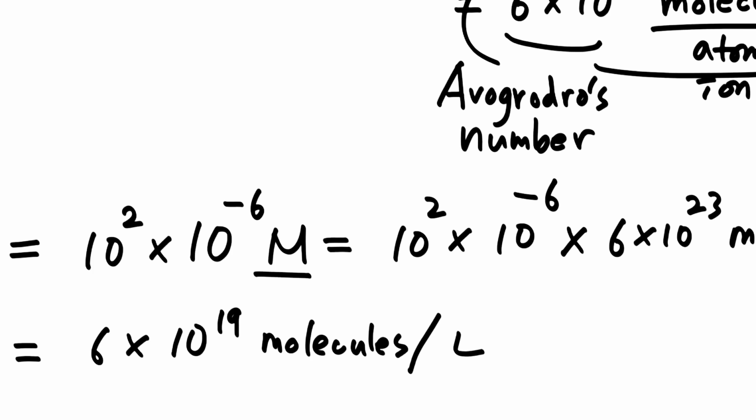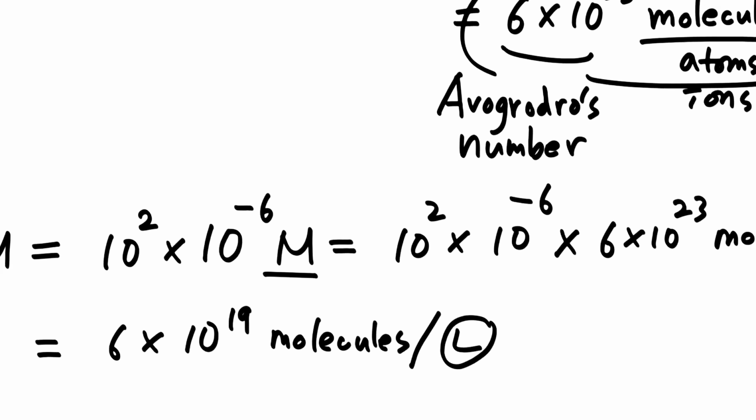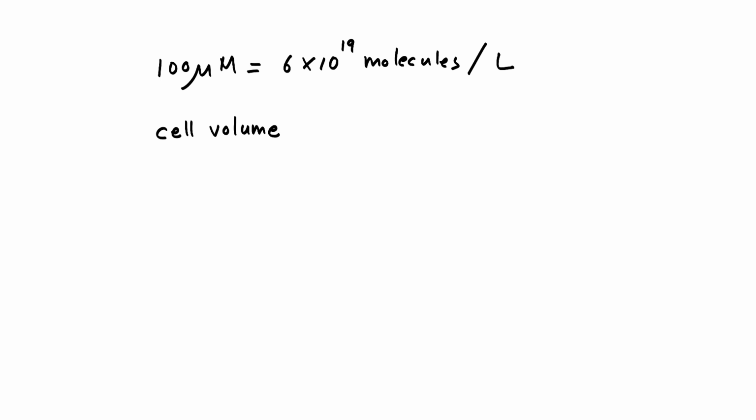But we are interested in cell volume, not 1 liter, right? So we need to do some conversion. So far we have 100 micromolar, which is 6 times 10 to the power of 19 molecules per liter. Let's think about cell volume. So single cell volume, and we will assume that our cell looks like this, just to make our computation a